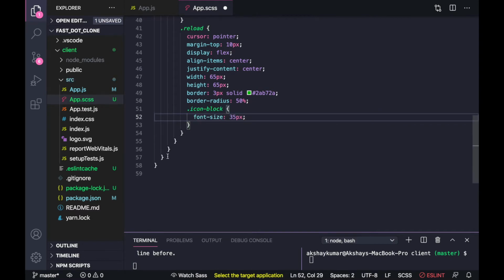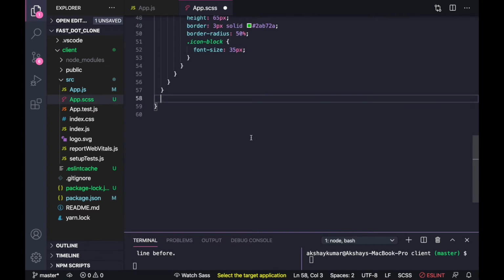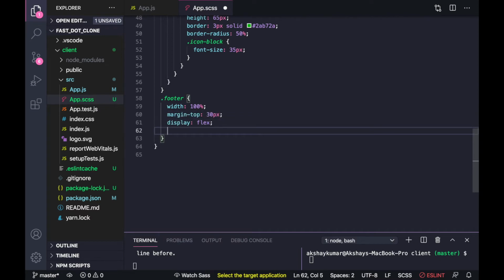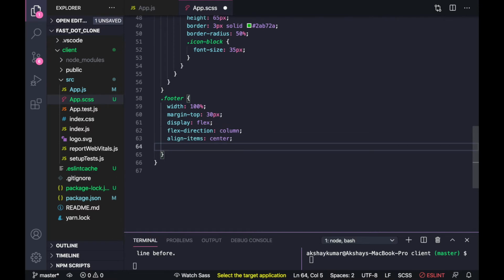Now for footer, width 100%, margin top 30 px, display flex, flex direction column, align items center, justify content space between, flex 1.